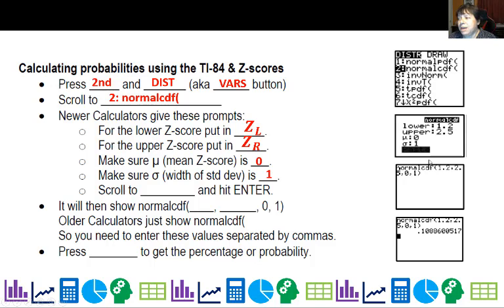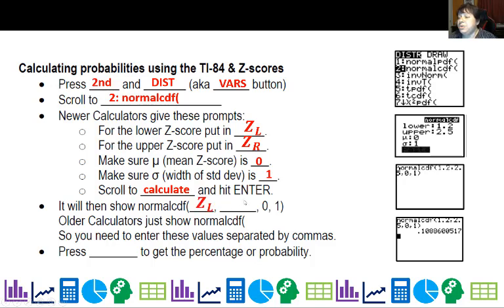Now you can use x values here instead of z values. But when you're doing that, there are some of the shortcuts I give you, I'll let you know again, where it's a little trickier, but it can be done. But if you're using z-scores, which is what I normally do, the mean z-score is always 0 because you're 0 standard deviations away from the average, and our sigma is 1. So if you're using z-scores, this needs to be 0 and 1. If you're using x values, it can be the mean for x and the standard deviation for x. And these two would also be x values. Once you're done putting these in, you scroll to calculate and press enter.